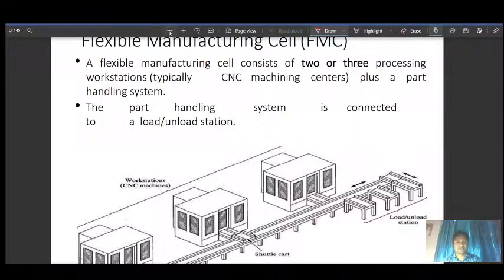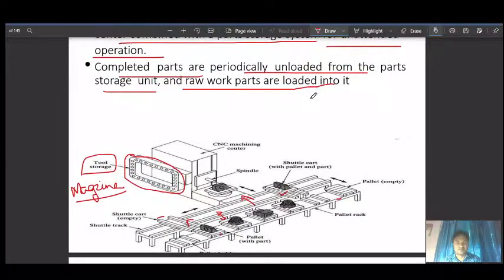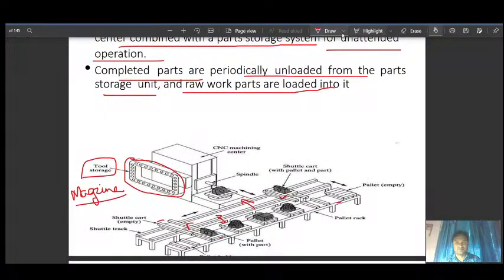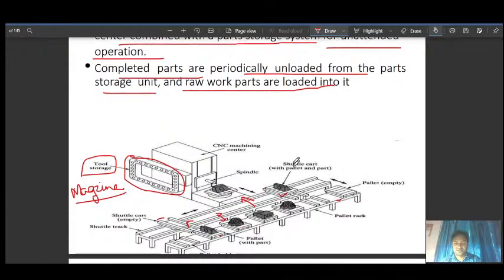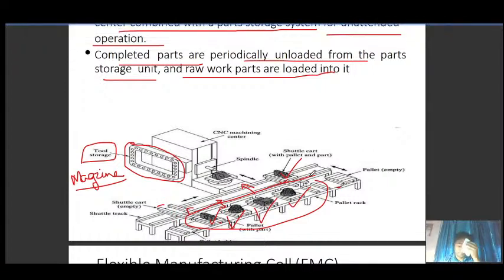Next is one more thing here. As you can see, there are different parts. All these different parts will have different programming setups, and the machine will identify the parts, and based on that the program will be loaded and it will process the part.